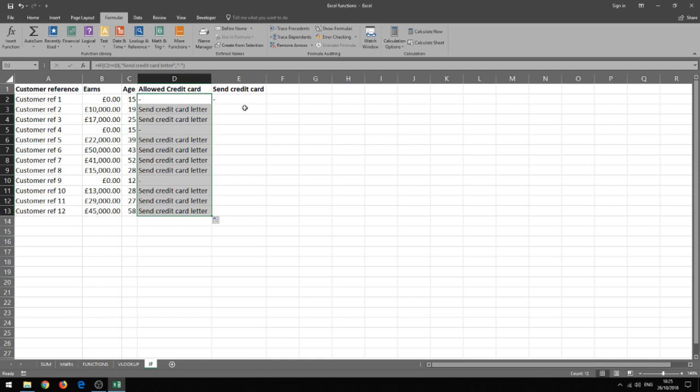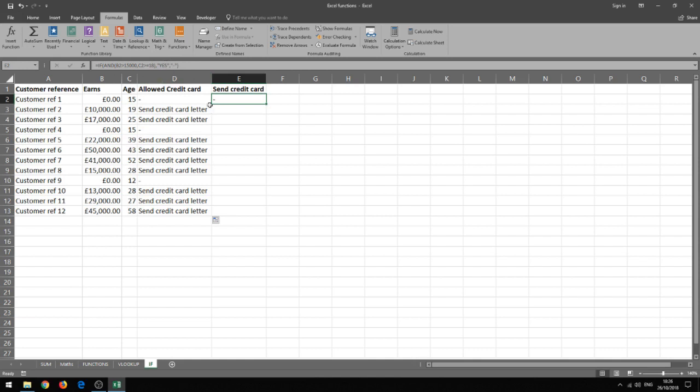Okay, you can expand your IF function, and this allows you to have more than one argument, and there's various ways of doing this. You can use multiple IFs and such, and you can also use the AND or the OR function. Now the AND function will say each of these conditions have to be met before giving a true, and the OR function will say any of the various conditions, no matter how many there are, if any of those are met, then you'll get the true answer,